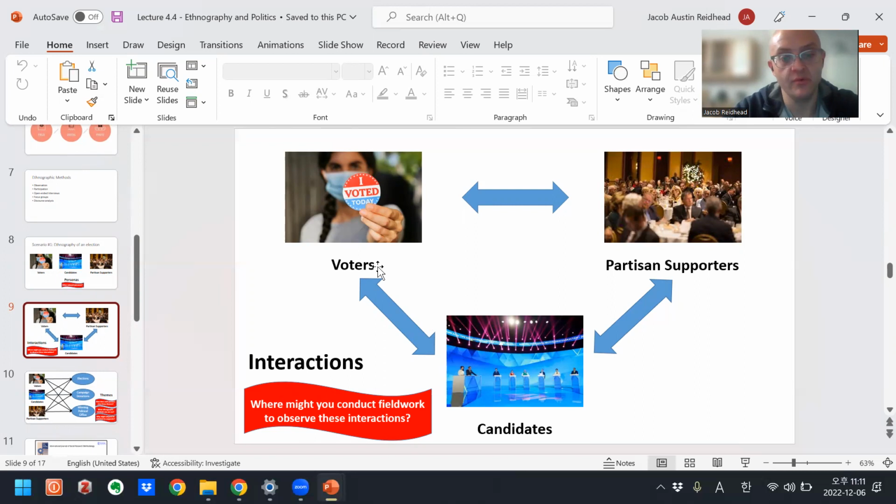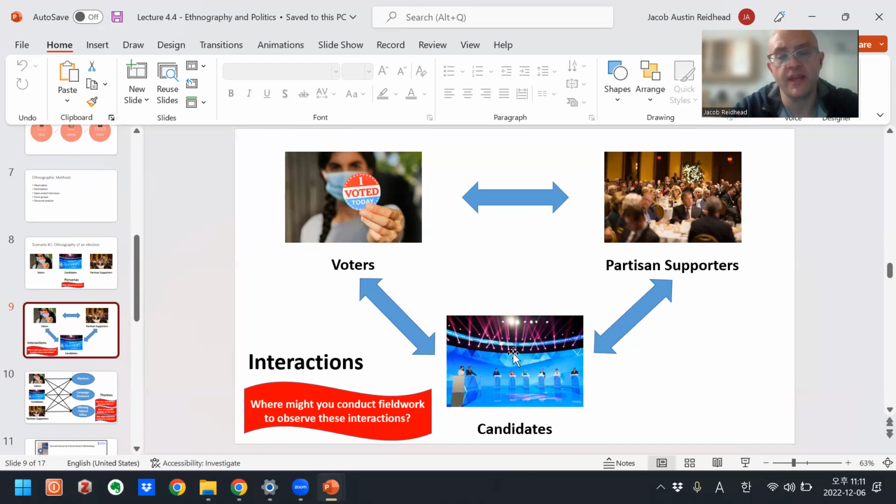We can discuss what kind of interactions these groups have, or if they don't have interactions, that's also a possibility. For example, between voters and candidates, the interactions might be one-sided. Voters might see candidates on television. Candidates might know about voters through aggregated poll data.